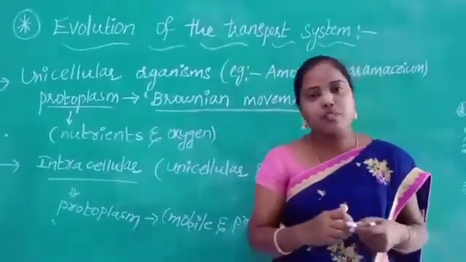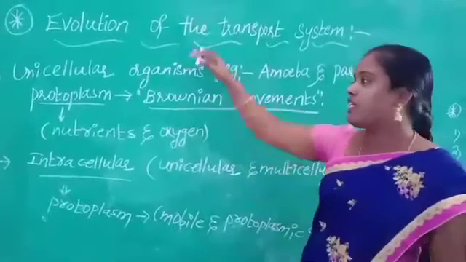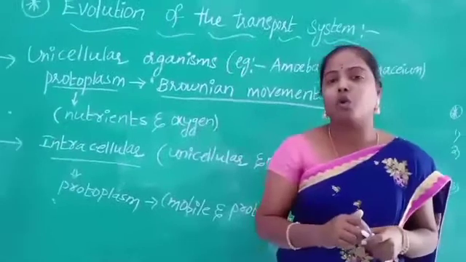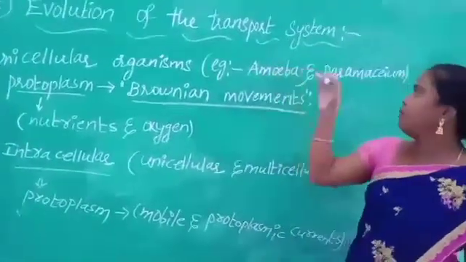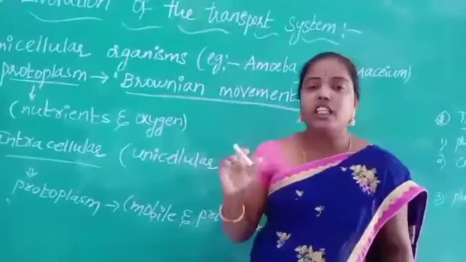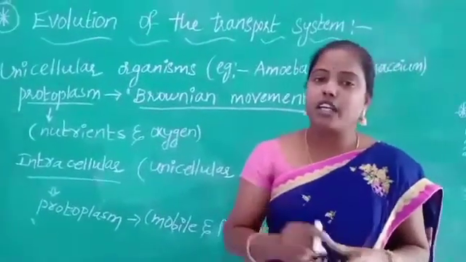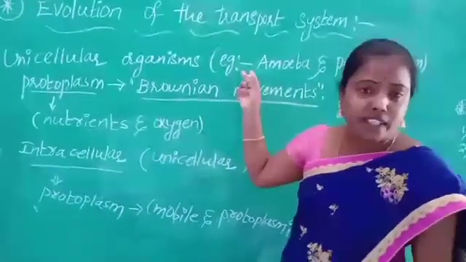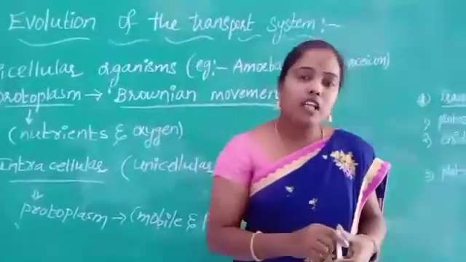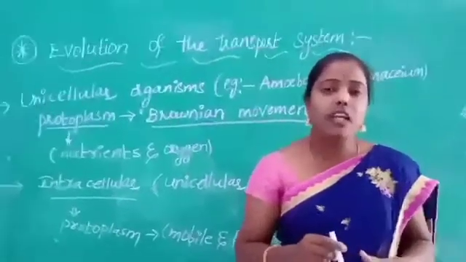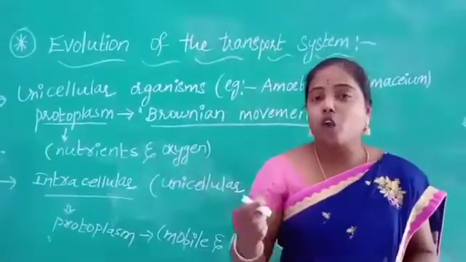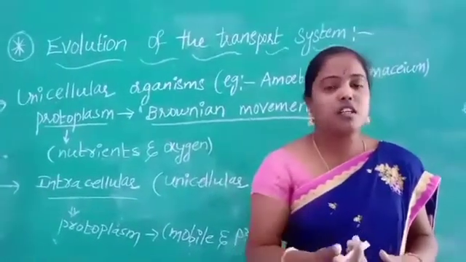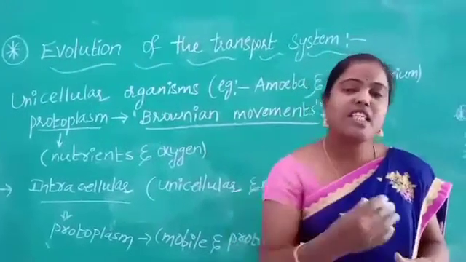How does the transportation system take place in unicellular organisms? Children, tell me what are the examples of unicellular organisms? For example, amoeba and paramecium. Children, we know that unicellular organisms are present in the water. Amoeba lives only in fresh water. Normal water does not contain salts, but ocean water contains salts. So in the ocean water, the unicellular organisms